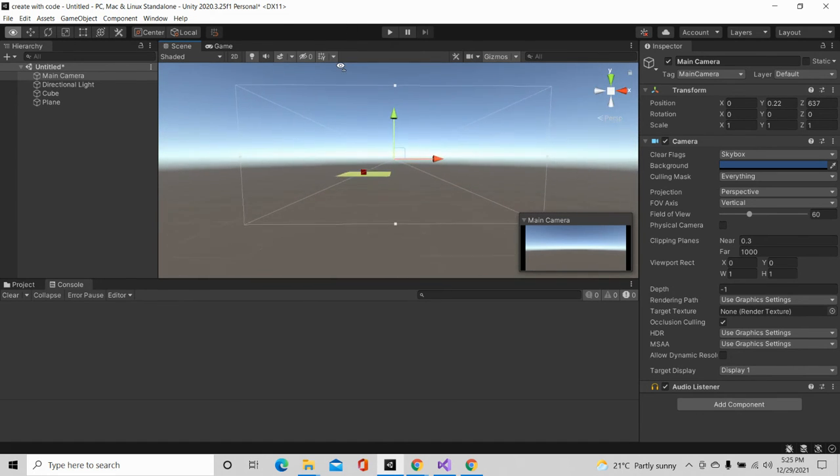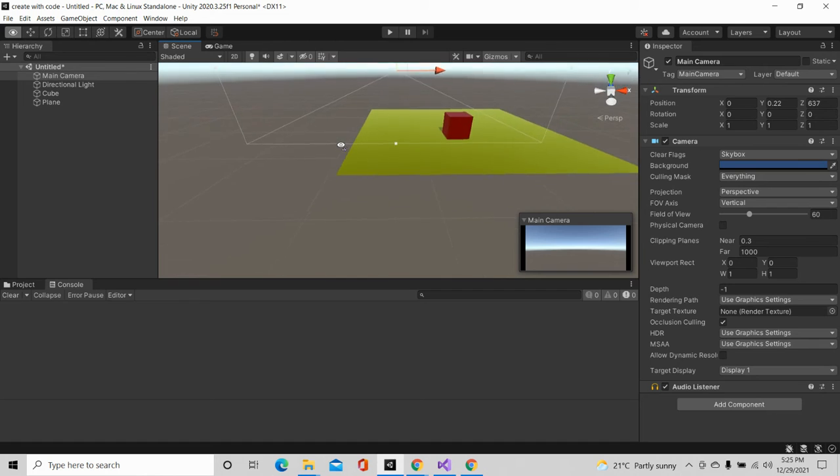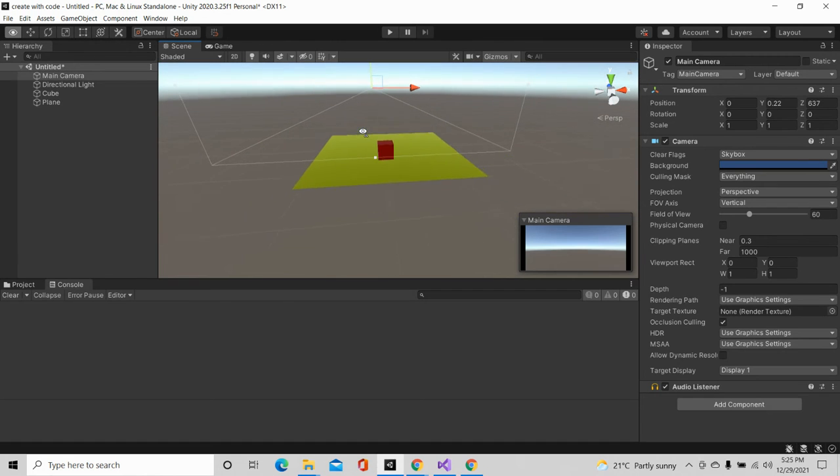So let's go here. I have fixed the camera at a very far place. Let's just drag it down here so we can actually see everything. I can't see anything, so let's just move it forward. Can we see now? No, we still can't.